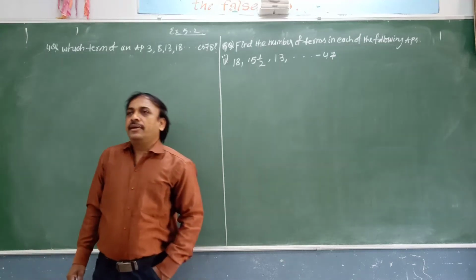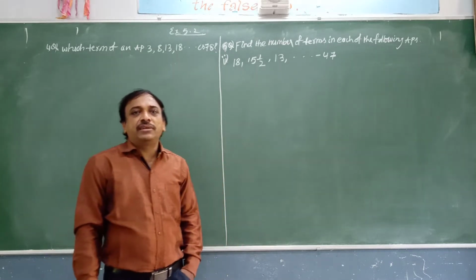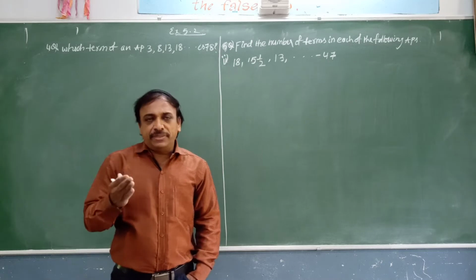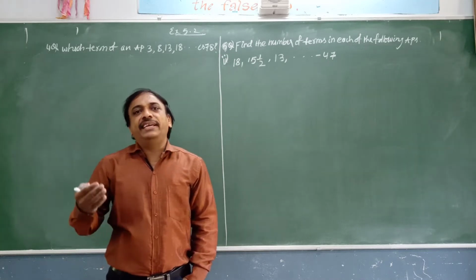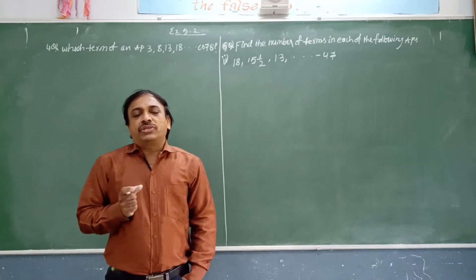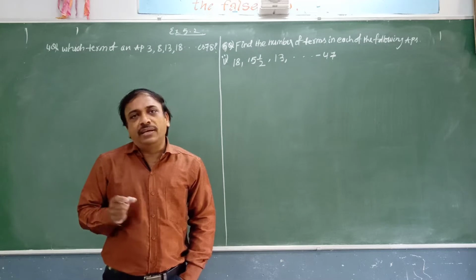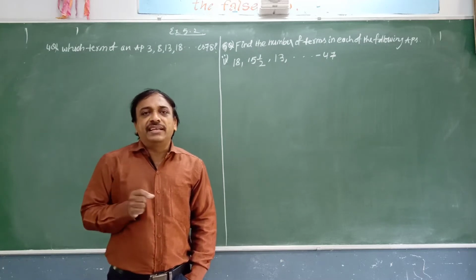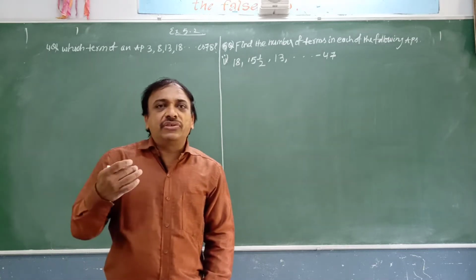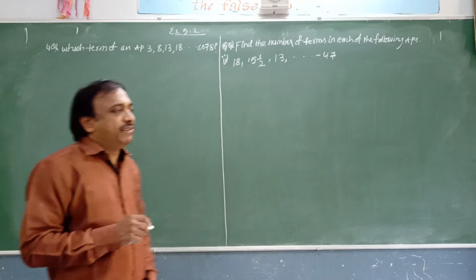Hi students, I hope you understood what we discussed in the previous session about finding the number of terms if terms like a, d and an are missing, and how to use the an formula, that is the general term an is equal to a plus (n minus 1) into d. Now we will discuss the continuation of those questions from Exercise 5.2.